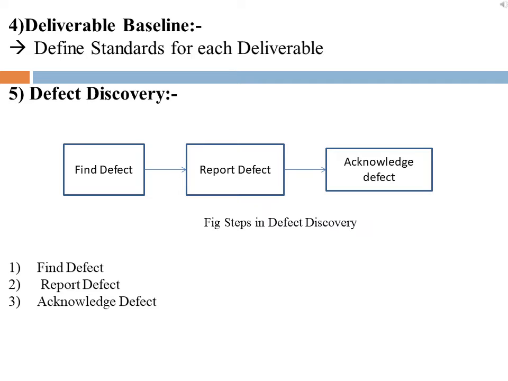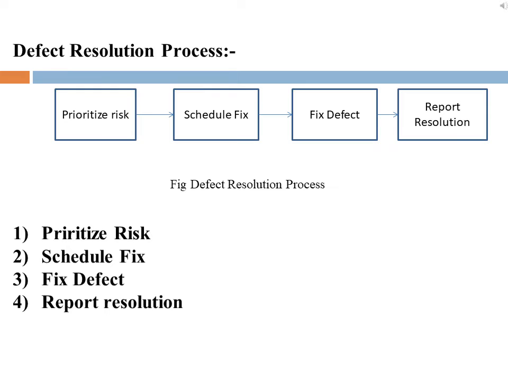A name should be attached to each category of defect. The objective of this activity is to minimize the conflict over the validity of defects. For example, developers may not want to acknowledge that a missing requirement is a defect, but if it has been previously defined as a defect category, then that conflict can be avoided. Next is the defect resolution process.